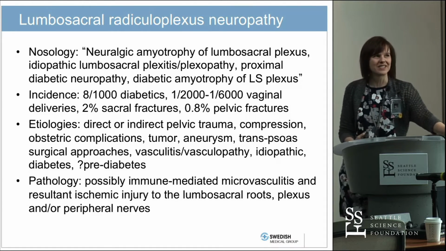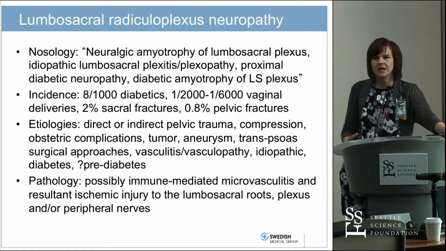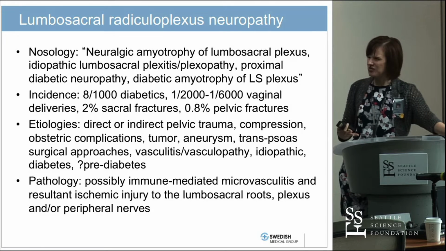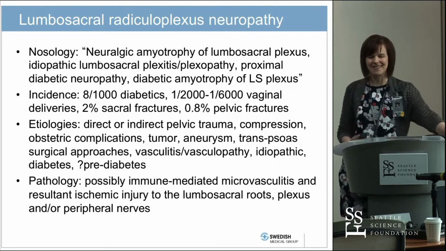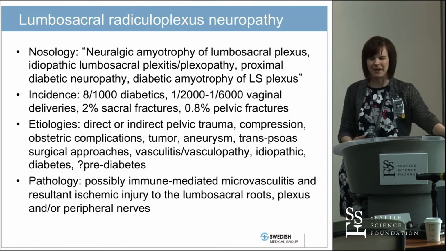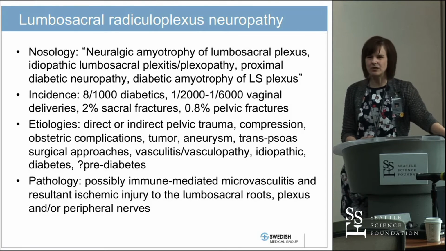So vasculitis, diabetes, and we think pre-diabetes, those with metabolic syndrome, may also be at risk for plexopathy. In fact, sometimes patients with plexopathy present, and then they become diabetic in those 6 months around their presentation. And what's funny is we'll often see a 10 to 40 pound weight loss preceding the onset of their plexopathy. So pathology, we think there's probably some sort of vascular component to this, and there's probably an immunologic component